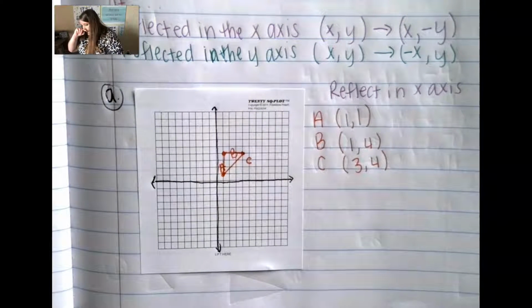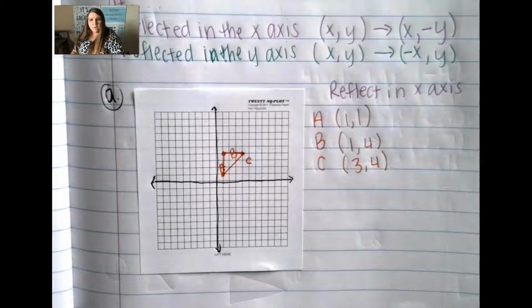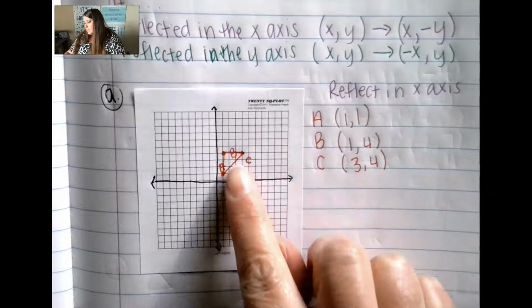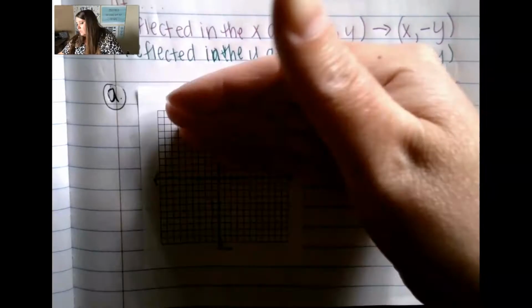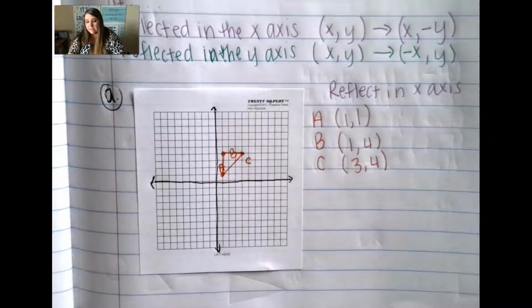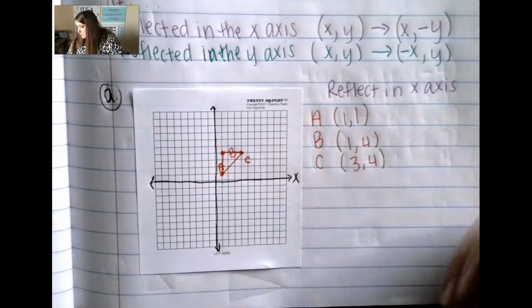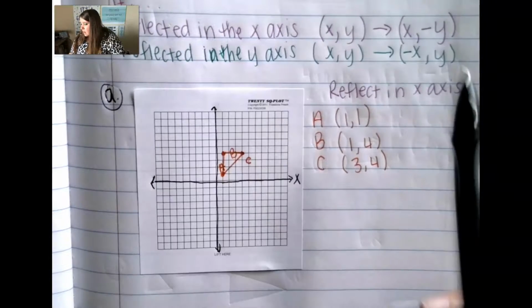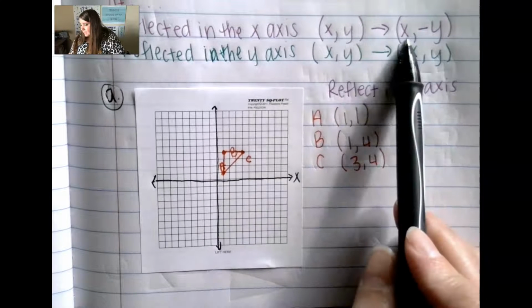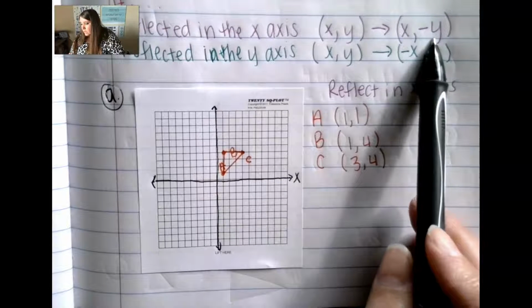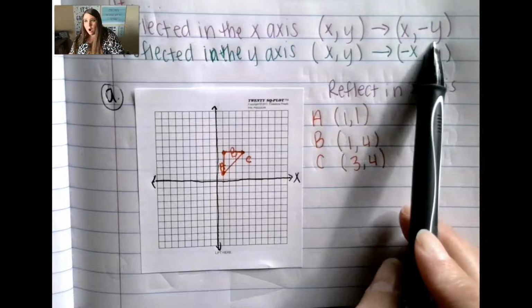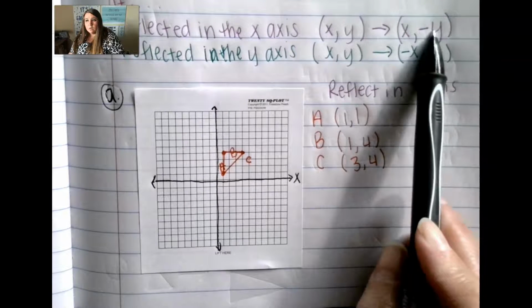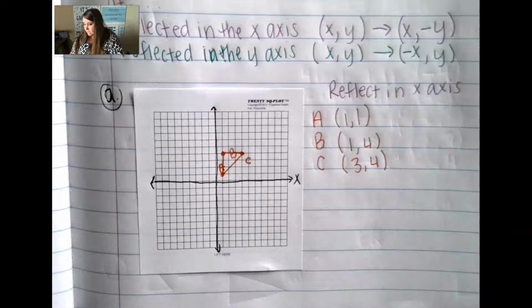All right, so ABC is our triangle, and we are going to reflect this on the x-axis. So that means that this triangle we start with here needs to be flipped over the x. So here's my x-axis, and up here it said if we reflect in the x-axis, our x values remain the same, but our y values are going to become the opposite. So here I just need to switch my y values. So I'm going to make this flip,